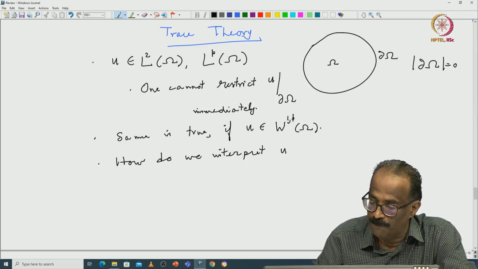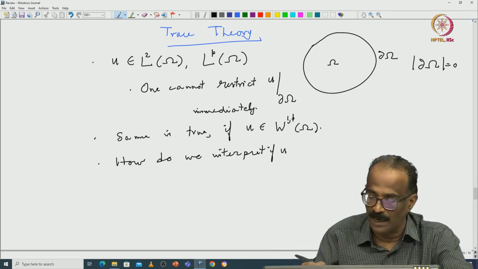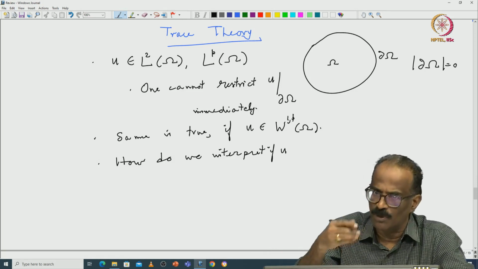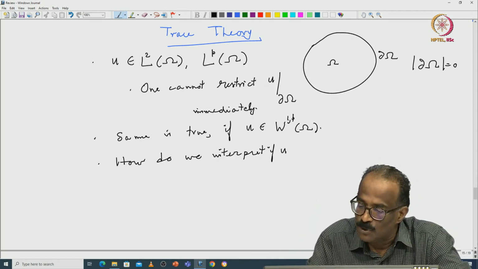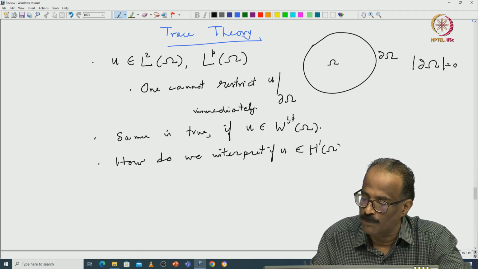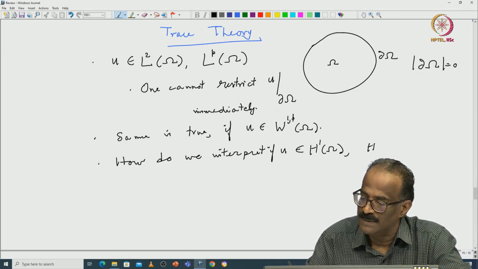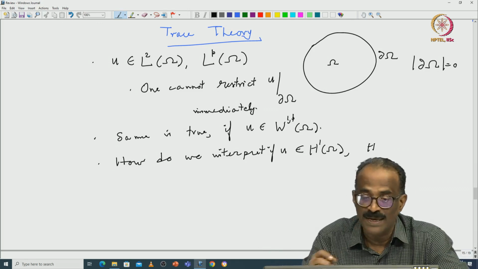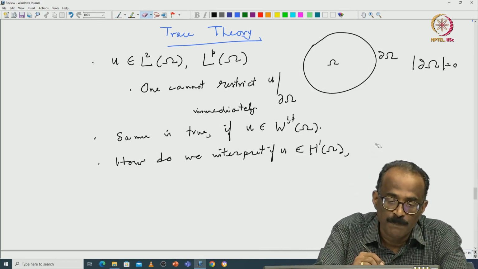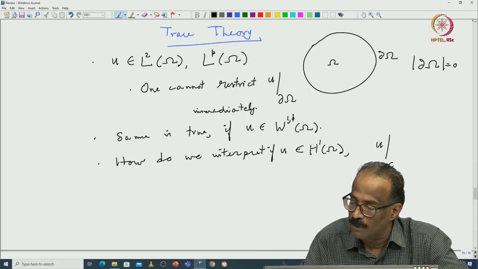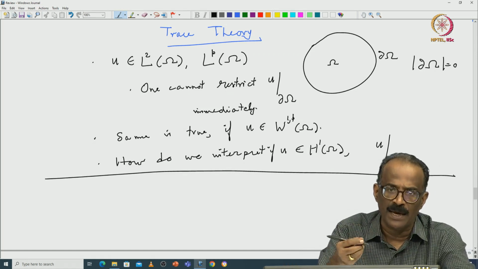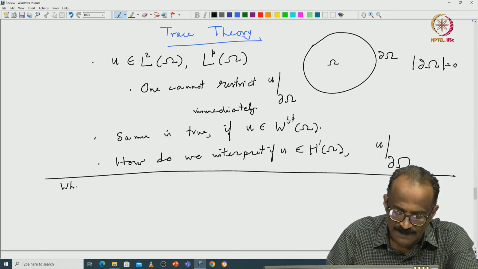u if u is in W1P of omega. So, let me state the theorems; it is more complicated when you go to W1P, so let me restrict to H1 or HM spaces. If u is in H1 of omega, how do we interpret u restricted to the boundary of omega? I will write the general theorem for omega, but when omega is Rn plus,